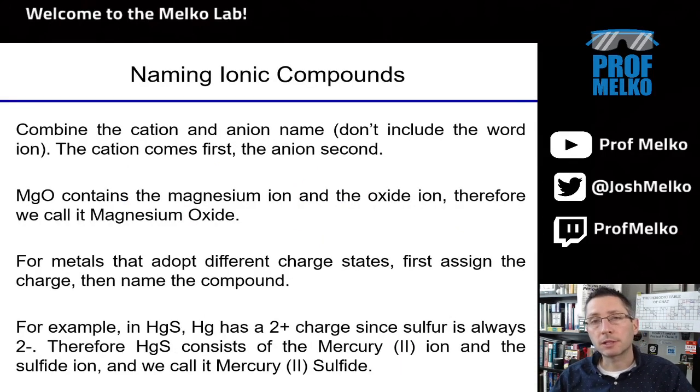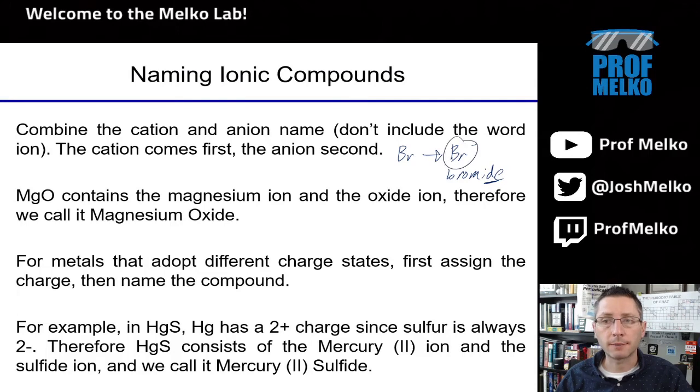Okay, so now we're going to combine all of this and name these ionic compounds. Remember, last time we learned how to name cations. For cations, it's usually just the element in the name, like magnesium ion. For anions, we add an -ide suffix or use the polyatomic entry from the polyatomic table. So NO3- is nitrate. Br-, bromine becomes bromide. Okay, so that's anions adding this -ide suffix if it's a monatomic anion, one type of element like this,